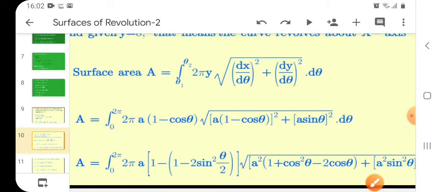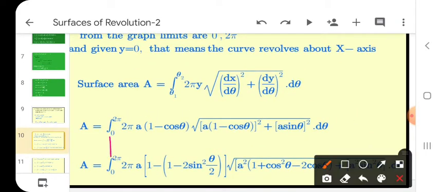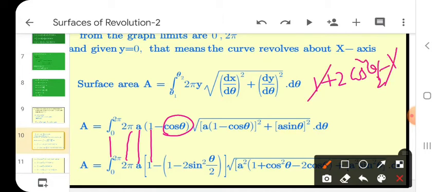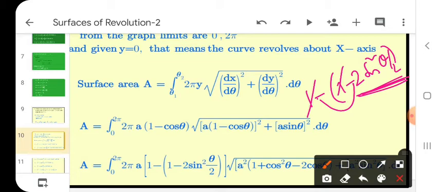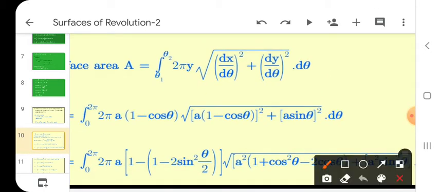Now I simplify this equation. See here. Same, integral 0 to 2 pi, a into 1 minus cos theta; here I write the cos theta formula in sine terms because we have 1 minus. If we have 1 plus, we write simply 2 cos square theta by 2 minus 1, and the 1 cancels. But here we have 1 minus, so I write 1 minus 2 sine square theta by 2 formula. So the 1 and minus 1 cancel, and minus into minus gives plus 2 sine square theta by 2 as the remaining term. So 1 minus cos theta means 1 minus 2 sine square theta by 2.